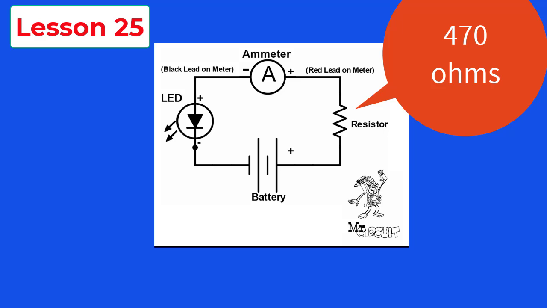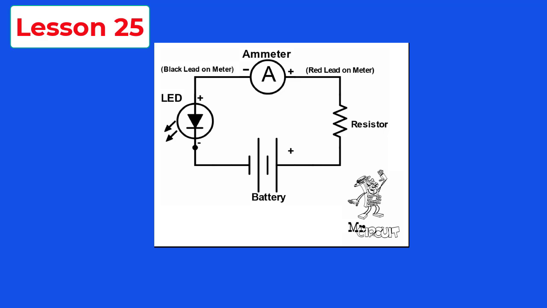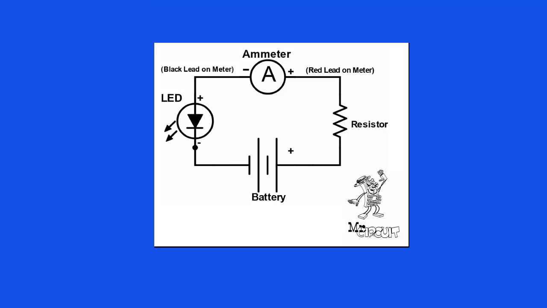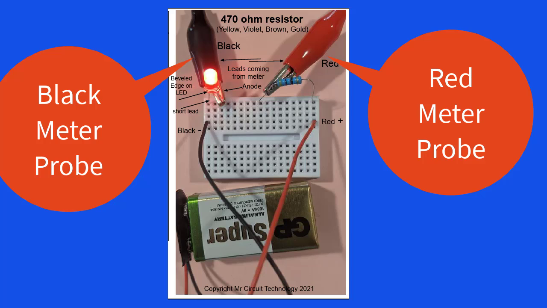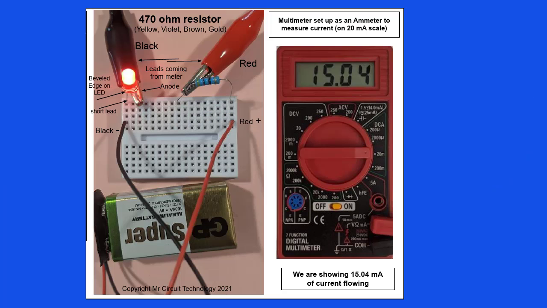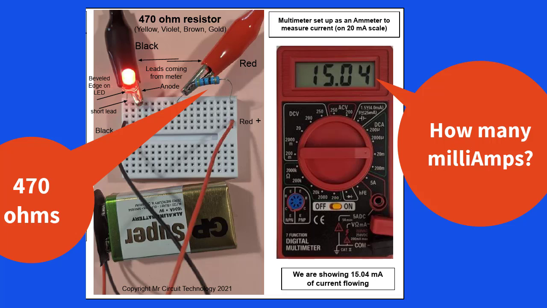Since we expect the current to be less than 20 milliamps, we will set the selector knob to the 20M position. Then, after attaching the battery to the battery snap, we will touch the meter probes to the correct places in the circuit and observe the display to read out the amount of current flowing. In our example here, how many milliamps do we show? Answer: 15.04